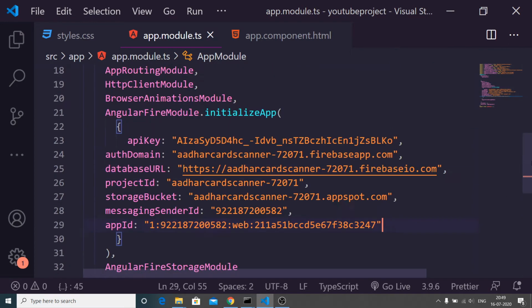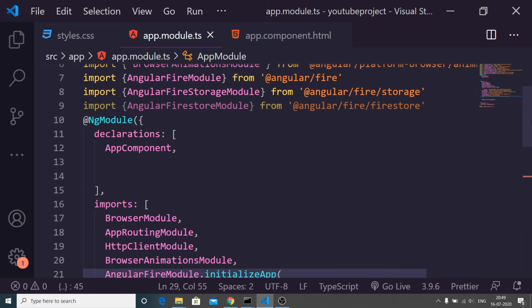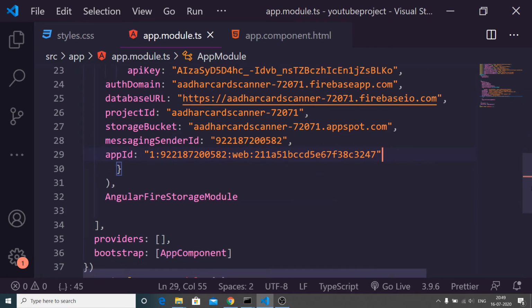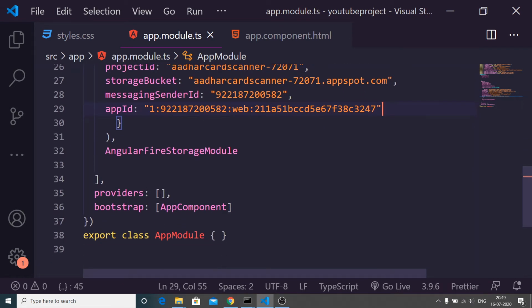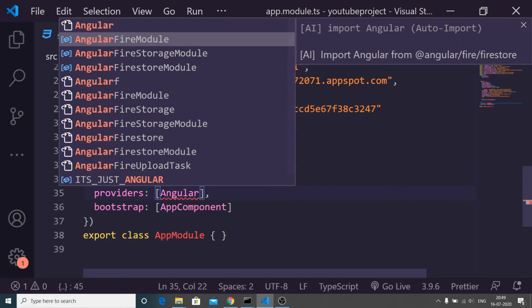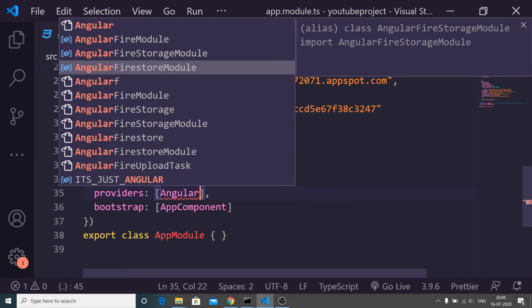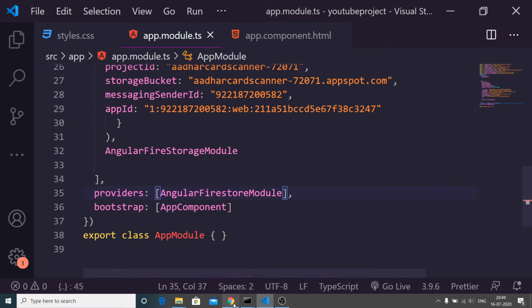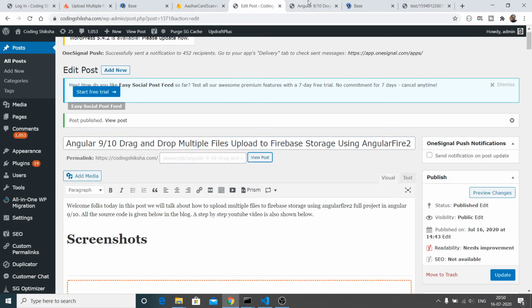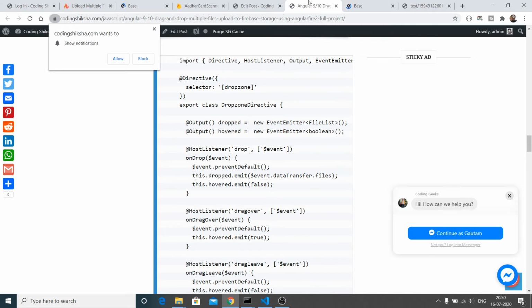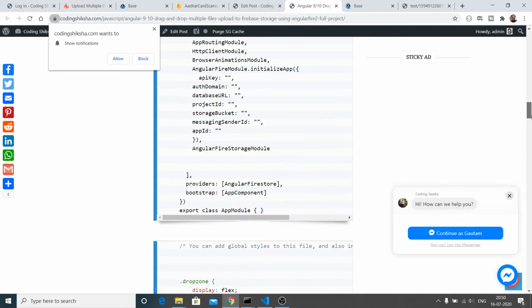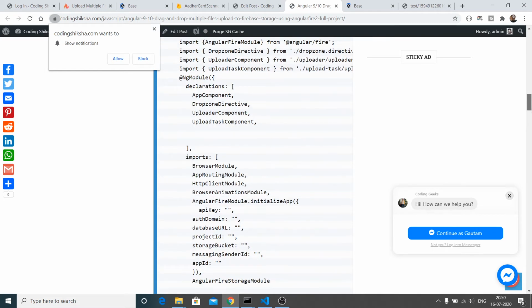And I think we also need to add this AngularFirestore. So this we will add inside the providers, because this is a database service. If you go to my blog here, you will find this file. Instead of wasting time, you can just copy paste all this and replace these with your values here.